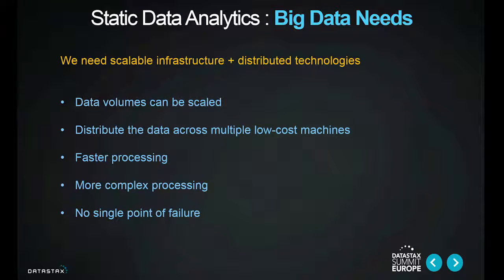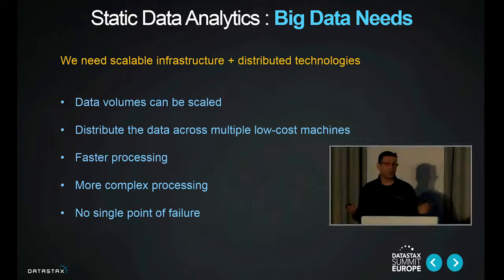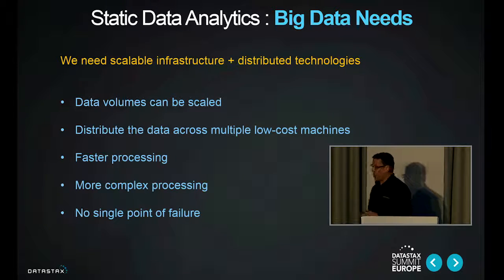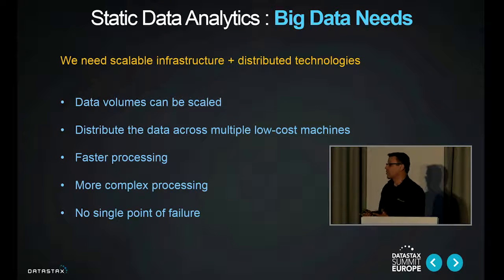So what we need to solve this problem is some sort of scalable infrastructure, and ideally using distributed technologies to spread that processing and analytical load over as many machines as possible, ideally low-cost machines, perhaps cloud instances. And because we're putting smaller data sets to be analyzed into individual nodes within that cluster, we can probably perform faster processing on it because we're dealing with smaller chunks of data. And if we're processing that data faster, the chances are we can also introduce more complex processing than we would have been able to using some large monolithic machine. Another benefit, of course, of a distributed technology is that you take away the single point of failure.